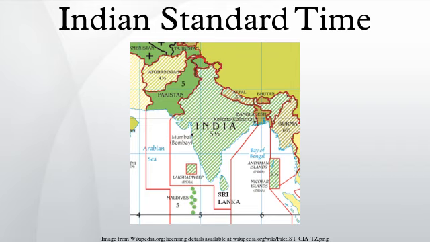History. After independence in 1947, the Indian government established IST as the official time for the whole country, although Kolkata and Mumbai retained their own local time until 1948 and 1955, respectively. The Central Observatory was moved from Chennai to a location at Shankargarh Fort, Allahabad district, so that it would be as close to UTC plus 5:30 as possible. Daylight saving time was used briefly during the Sino-Indian War of 1962 and the Indo-Pakistani Wars of 1965 and 1971.